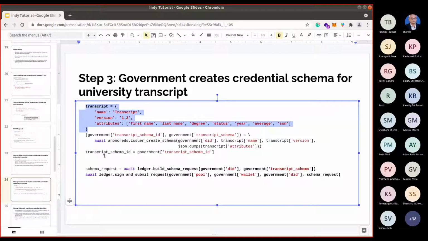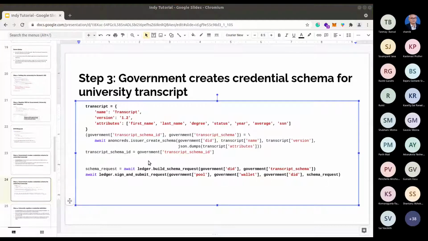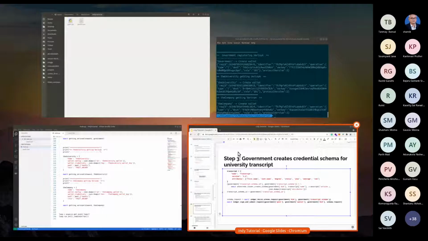Okay, so let me go ahead and paste this. We will also add some print statements so that we can see how this particular request looks.